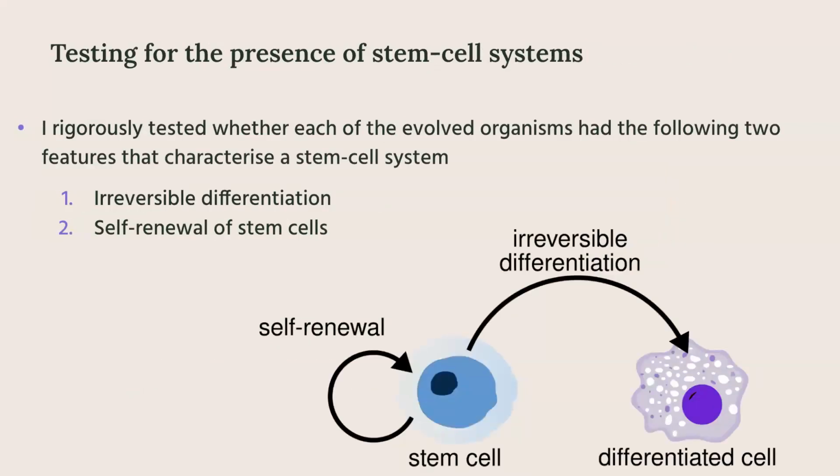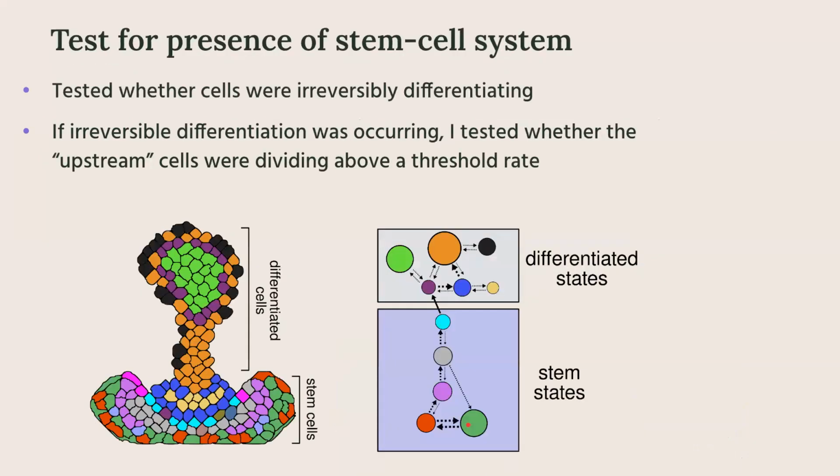To rigorously test for the presence of a stem cell system in each evolved organism, I tested for the two key characteristics of a stem cell system, which are irreversible differentiation from a stem cell to a differentiated cell, and self-renewal of stem cells. So they're actually dividing and maintaining their population. Now, this organism here does have a stem cell system. I won't go over the tests in detail, but